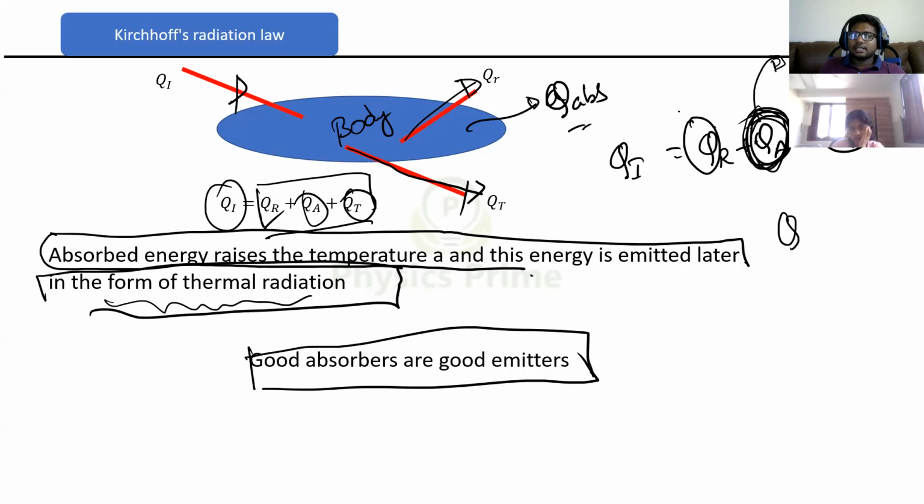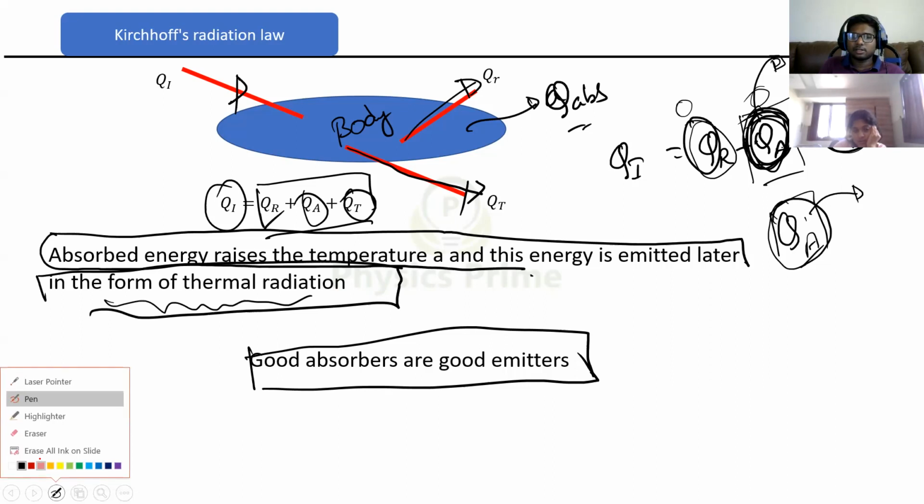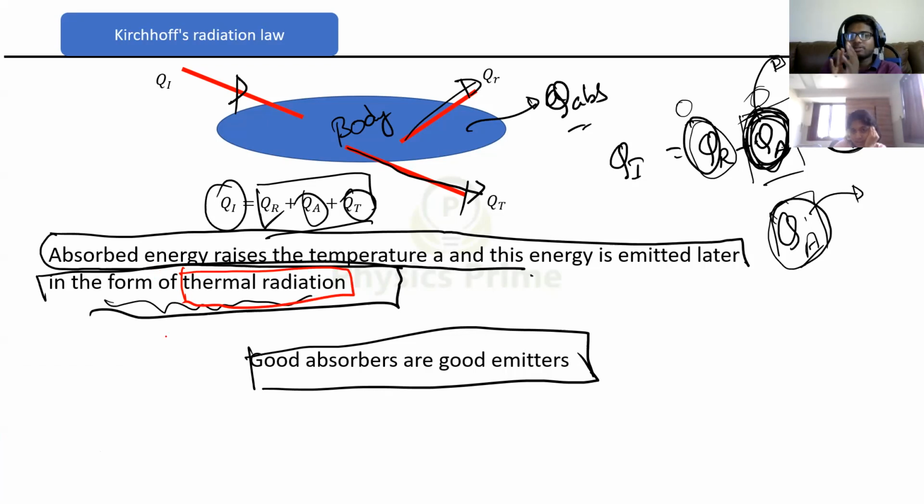So here, reflected can be there, transmitted can be there, absorbed can be there. Here, absorption is quite important. If absorbing capacity is high, QA will be higher, right? That means transmitted is low, reflected is low. Later on, when the body's temperature is higher than the surroundings, the same body will radiate whatever amount it absorbed in the form of thermal radiation. Got it or not? Does it mean the amount of energy absorbed is equal to the amount radiated? No, we cannot say that. It will depend upon the temperature. If it can absorb, suppose,